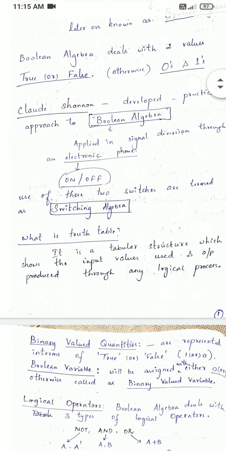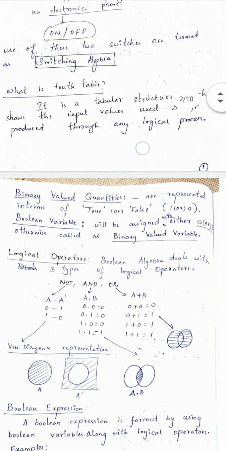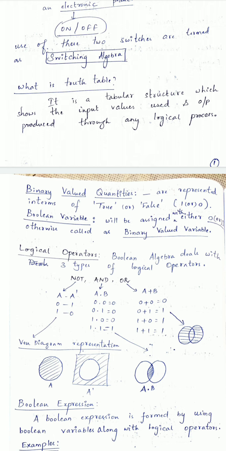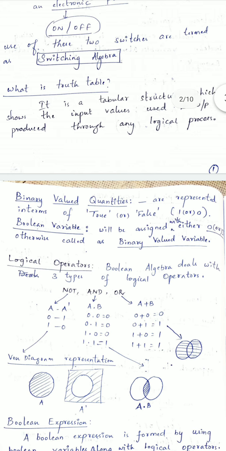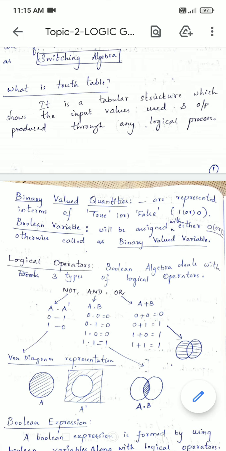That's why we are learning this topic, and you should know important key terms before getting into logic gates in detail. The first one is truth table. We already learned the same in propositional logic. It's a tabular structure with combinations of inputs, and for those input combinations, the favorable output. This is what we draw in a truth table.